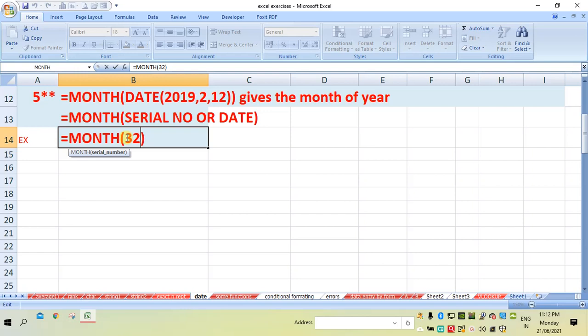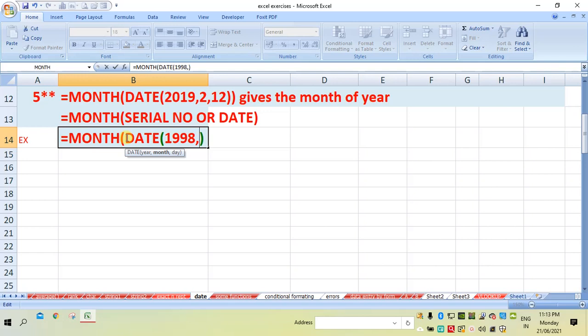So similarly, now using month, let us see how to extract only the month from the date. So now I'll write the date here. While writing the date, one thing we have to remember is that first we have to write the year, then month and day. So the year is, say, 1998, then next is the month.